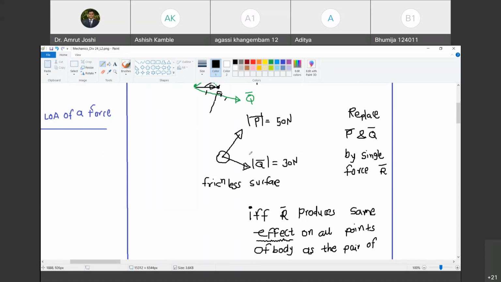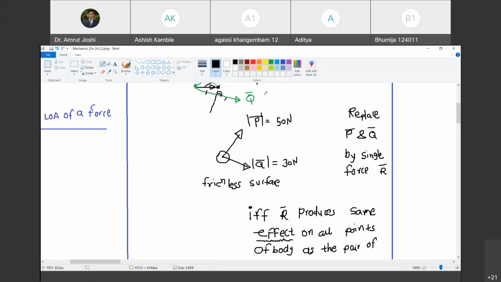Yes, sir. So we have understood the effects of forces. Now let us stretch our thought experiment a bit more. As there are two forces acting on the body, P bar and Q bar, what is the tendency of P bar? P bar will try to move this striker in its own direction. Do you agree with me? Yes, sir. Q bar will try to move this striker in its own direction. Do you agree with me? Yes, sir. So will you see the striker moving in both directions simultaneously, or will you see the striker moving in some other direction? Some other direction. Do you agree with me?